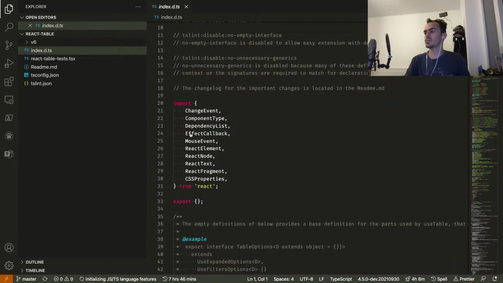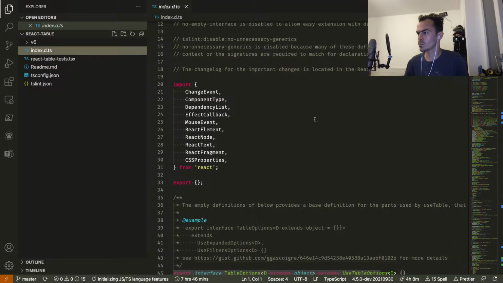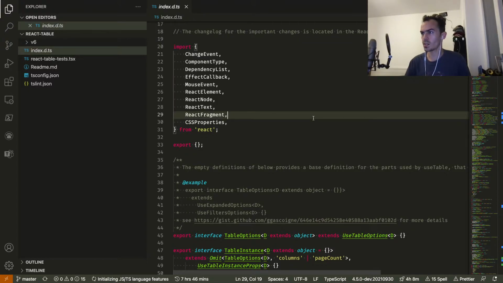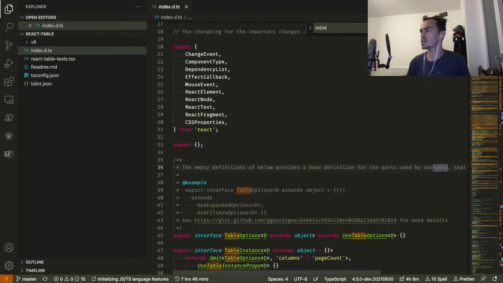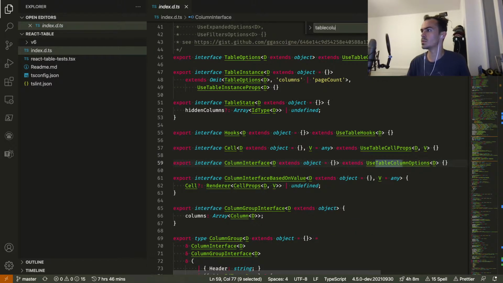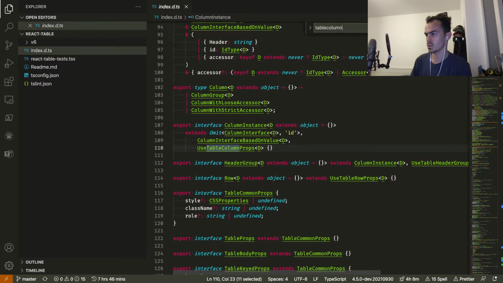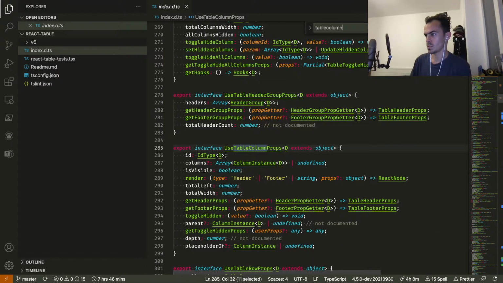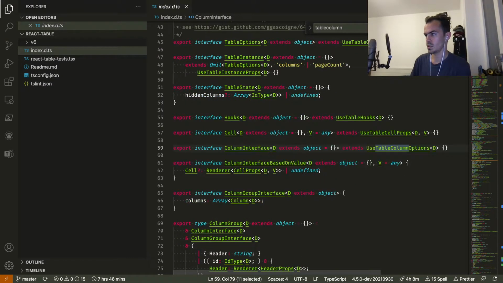So table column. Let us find this table column. Use table column options. I want type table column. Oh man. What?